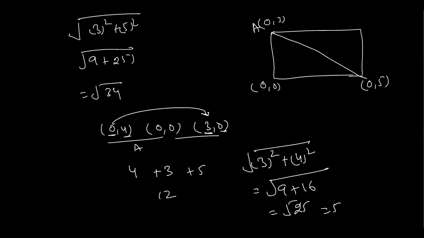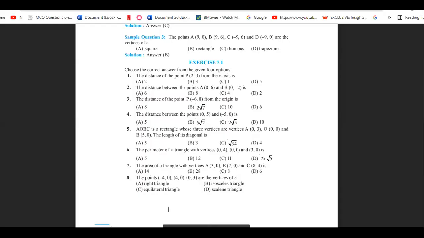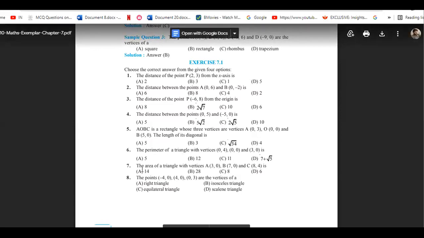Okay, got it? Yes, sir. Got it. It is simple. If one coordinate is the origin, then what you need to do is simply take the square of this. You can write 0 comma 4, means you have to write 4. This will be the distance between this and this, and in this one you need to write 3 square plus 4 square directly. No need to write x2 minus x1, y2 minus y1, right, this way. So that will be 12. So here we have the option 12.